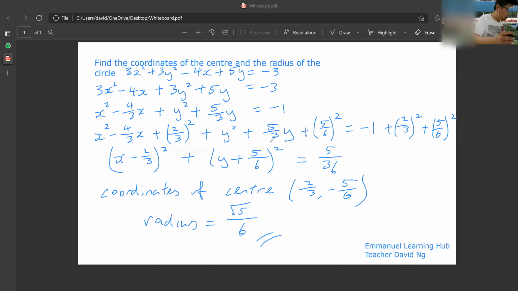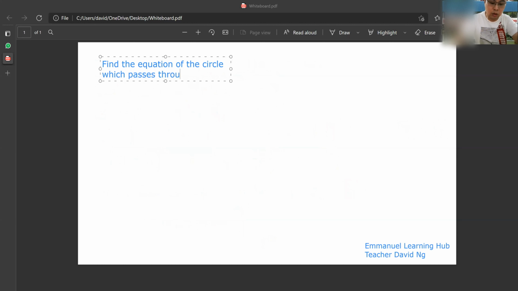Okay, let's try one more question. Find the equation of the circle which passes through the points P, let's call it (2, 6), and point Q. Passes through point P and point Q, point Q would be (5, 8), let's say,